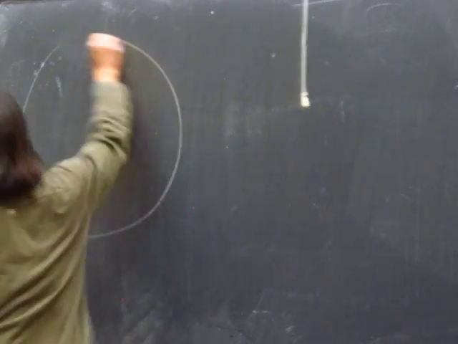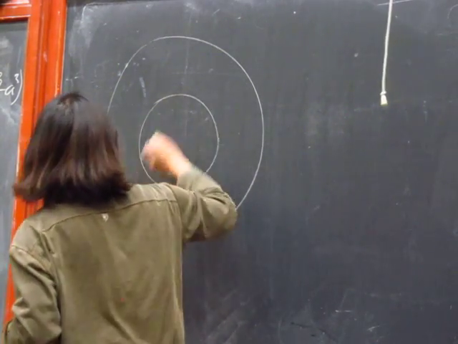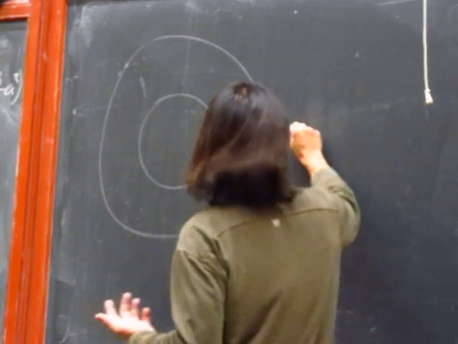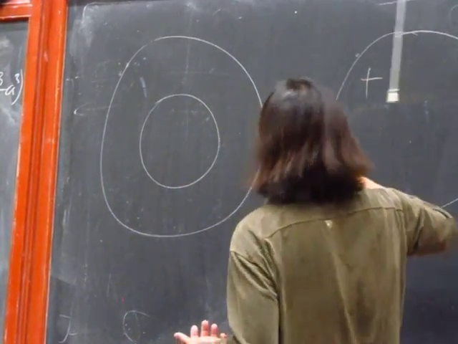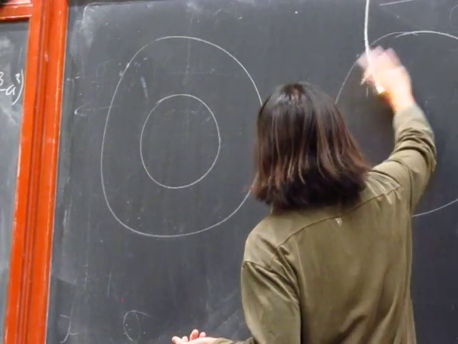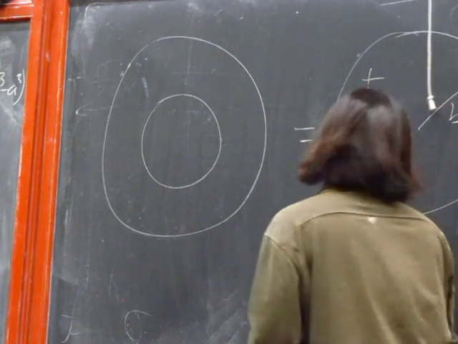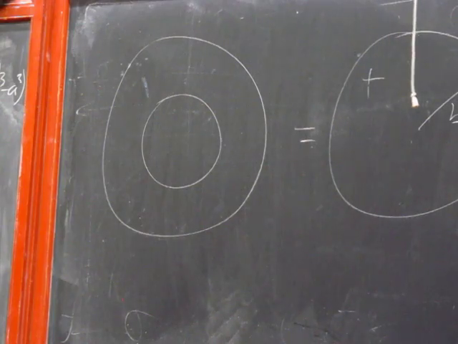So if I look at this, this is hollow, right? The way I think of this is just a sum of the positive uniform charge density of radius B, plus